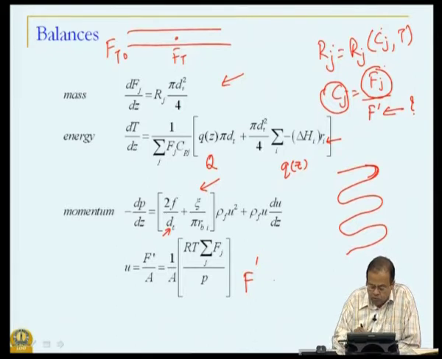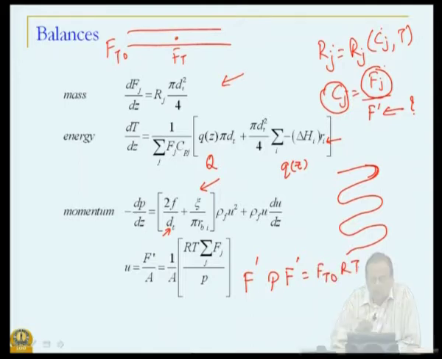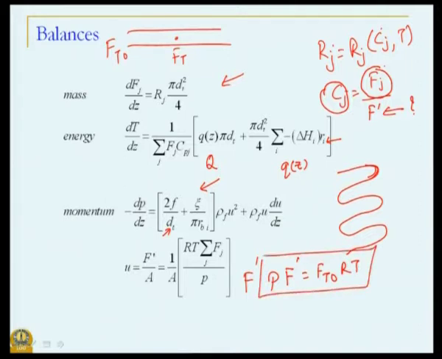For example, if you assume this as an ideal gas law, then the total pressure into f prime is Ft0 RT, a version of an ideal gas law for a flow reactor, where instead of volume you have the volumetric flow rate, instead of moles you have the molar flow rate. So, now my f prime is RT summation Fj, which is Ft0 divided by the pressure P,